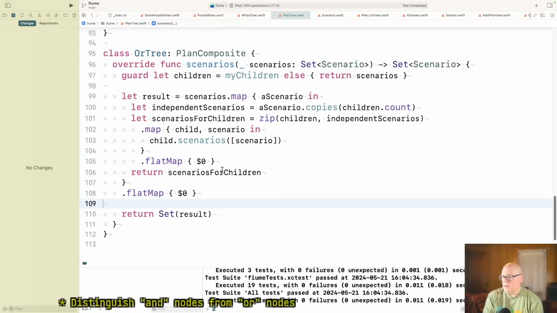Okay, so I think if they were lists, I don't think life would be any different. The only thing is, a list sort of implies order is important, and it's not really. But just saying it's a list of stuff, and if you get an OR tree, you got to take that list.